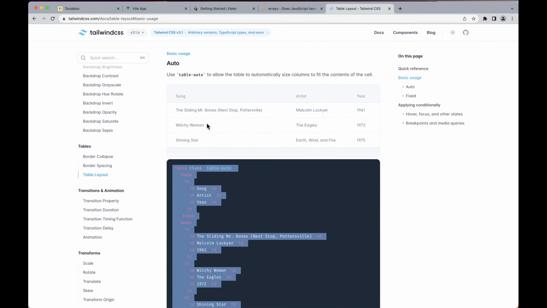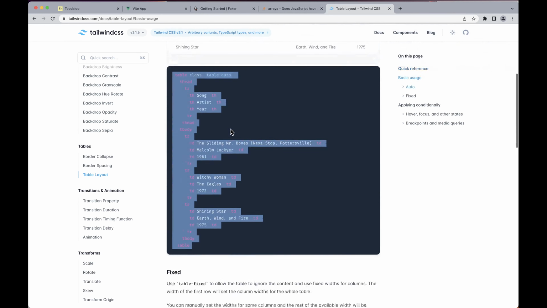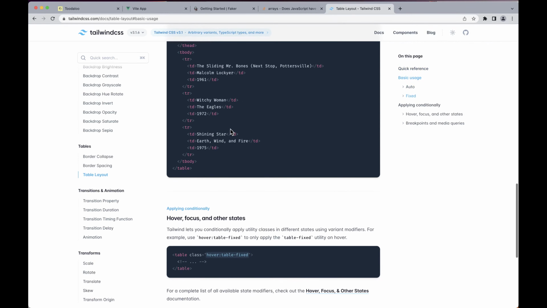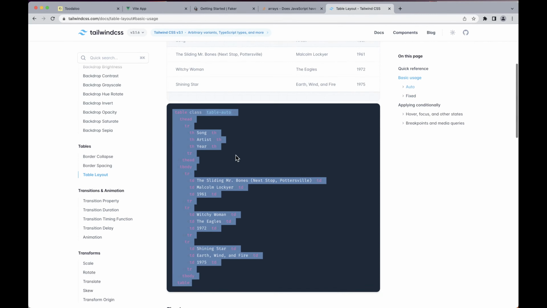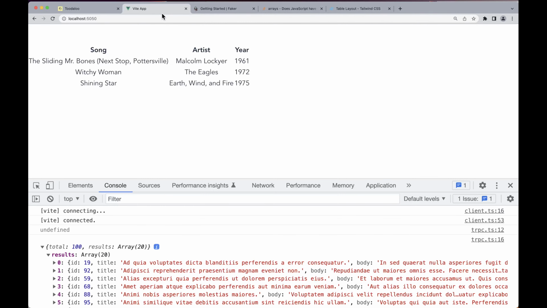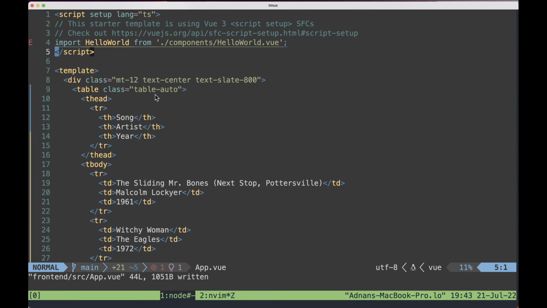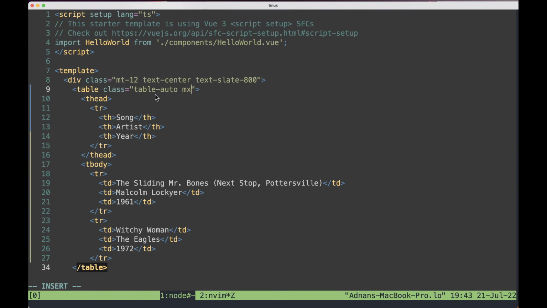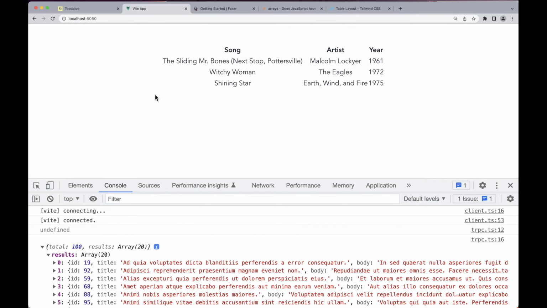And I think there's at least some styles here that aren't present in this HTML. That's fine. And so we have a super basic generic table. I'm going to do a few things here. Oops, mx-auto. Get that centered. And then